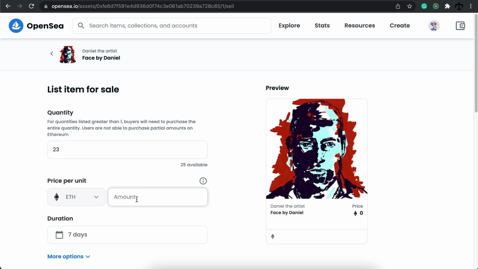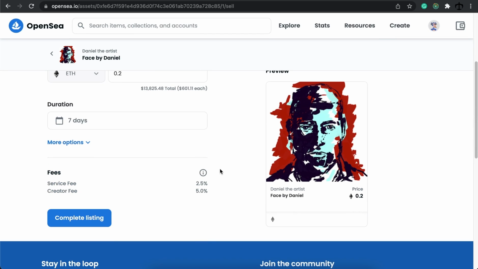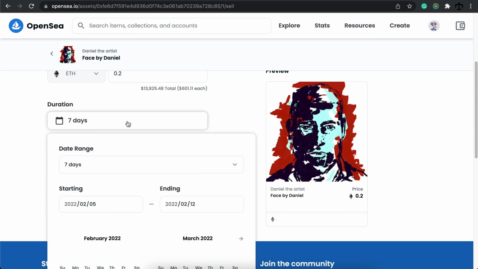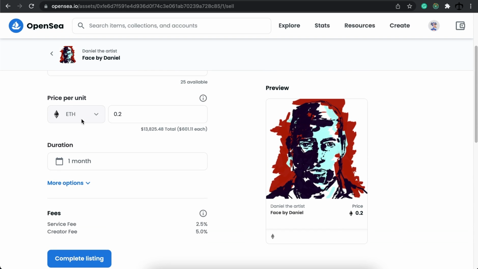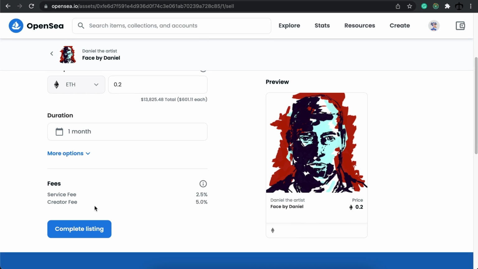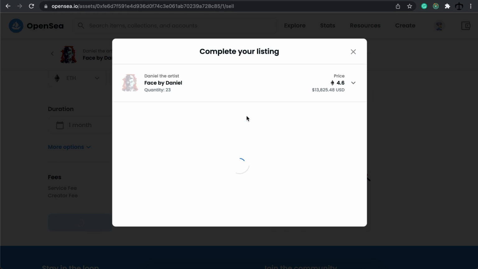Then for a price per item, I think 0.2 is a fair price considering that this is my personal artwork as well as the low edition counts of the face. Then we can go down and we can see that there's a duration of 7 days. You can also maybe change this to 1 month, and I'm going to change that. Then I'm going to see that this is the service fees that's going to be added, which is fine, and this is when someone purchases and they're trading. Now I'm going to say complete listing, and now these artworks will be available on the blockchain for 0.2 Ether